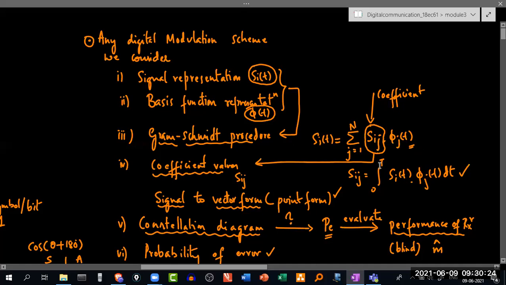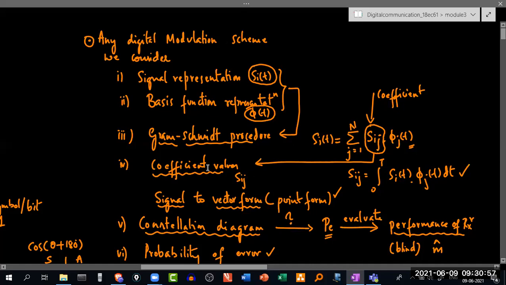Sij is equal to the integral from 0 to T of the signal si of t times phi j of t. Let me remind you that the subscript i represents the kind of signal that we are using, and subscript j represents the kind of orthonormal basis function we are using. If we do the integration of this product, we can extract the coefficient value Sij. And in turn,